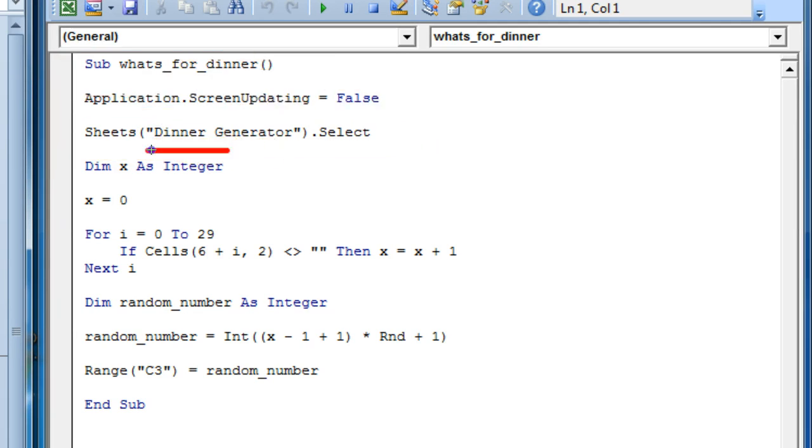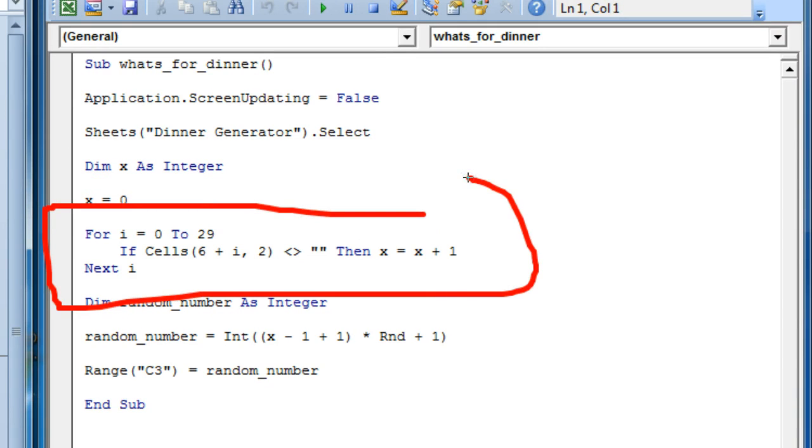Then the next one is just saying, I want to set a value. I want to say X, sort of like algebra in school. Let X equal to whatever, and then you can use X however you like. As you can see here, X equals 0. Now this next code is what's called a loop function. All a loop function is, is that it goes around in a circle. So you can see here 0 to 29. Imagine your loop has 29 different segments. At each of those